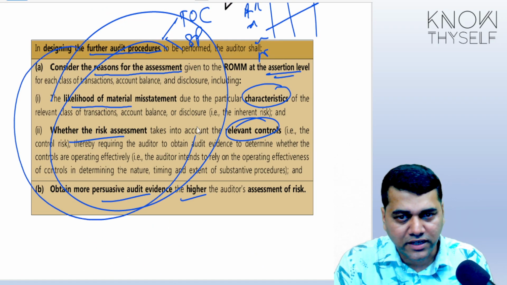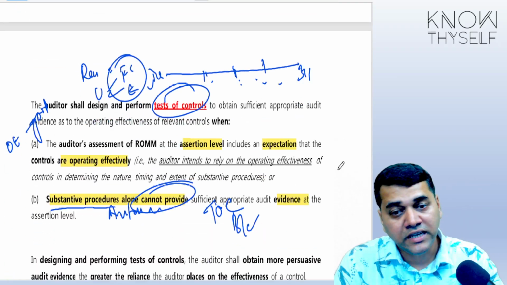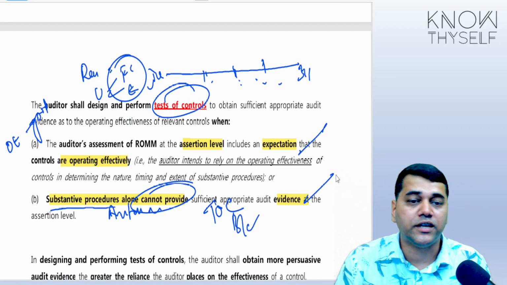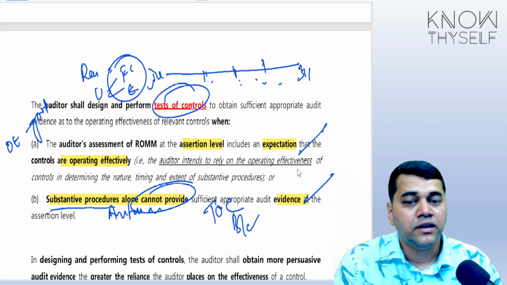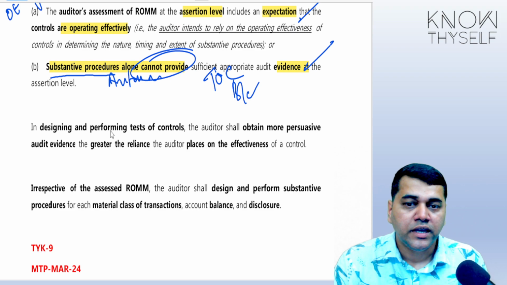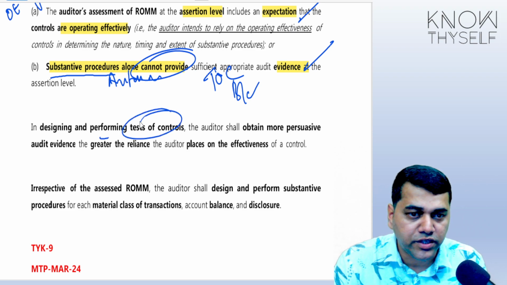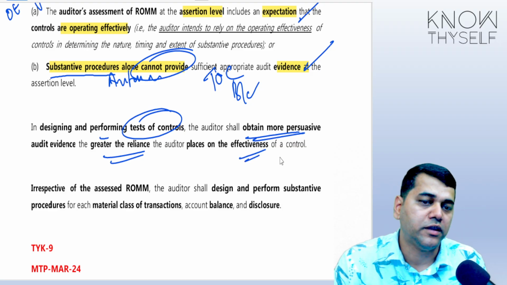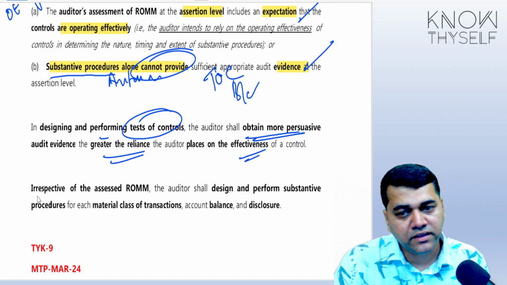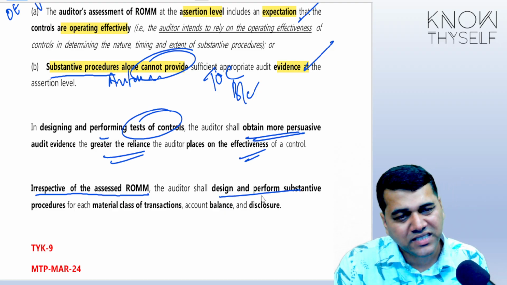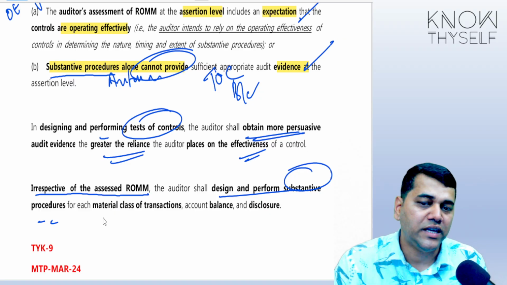These are all the 2 factors you consider. And in test of controls, if you want to design, then you need to consider these 2 elements also, that you should have an effectiveness confidence, and substantive procedure alone cannot provide. In designing and performing TOC, the more persuasive evidence you obtain, the greater the reliance you place on the effectiveness. And then they say, irrespective of the assessed ROMM, you have to perform some substantive procedures for each material class